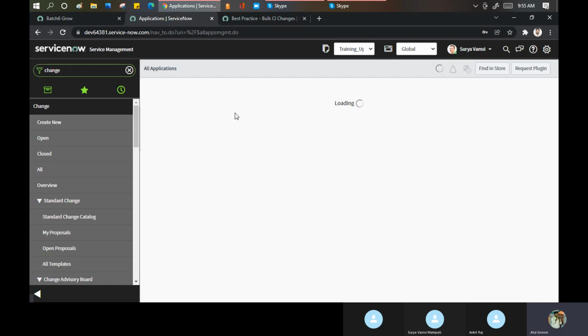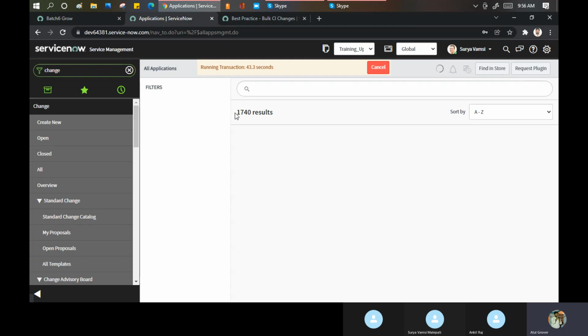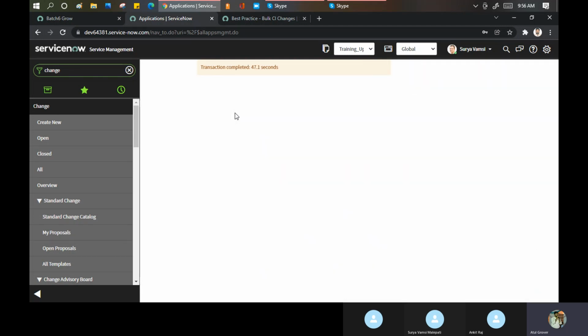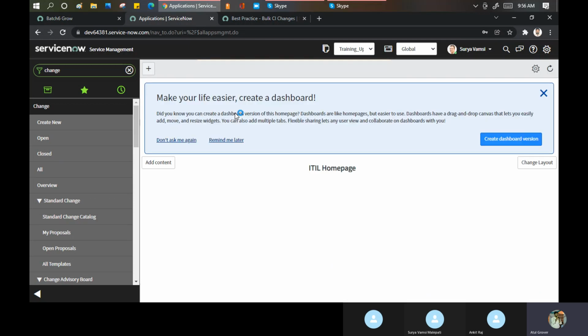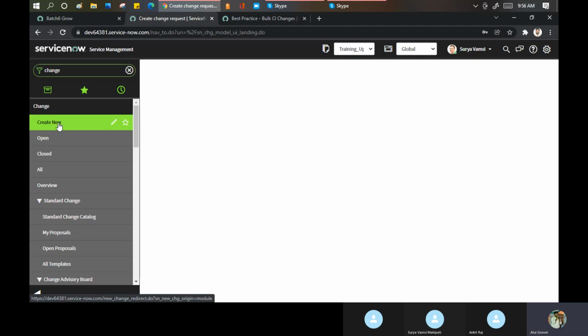One more thing, remember. Suppose in my New York version, I don't have a concept called the change model because ServiceNow did not release that particular feature. Now, if you're upgrading from New York to Rome, then it is up to you. Do you want to activate that feature or not? It is not like that. It is up to the user what feature he wants in the new release.